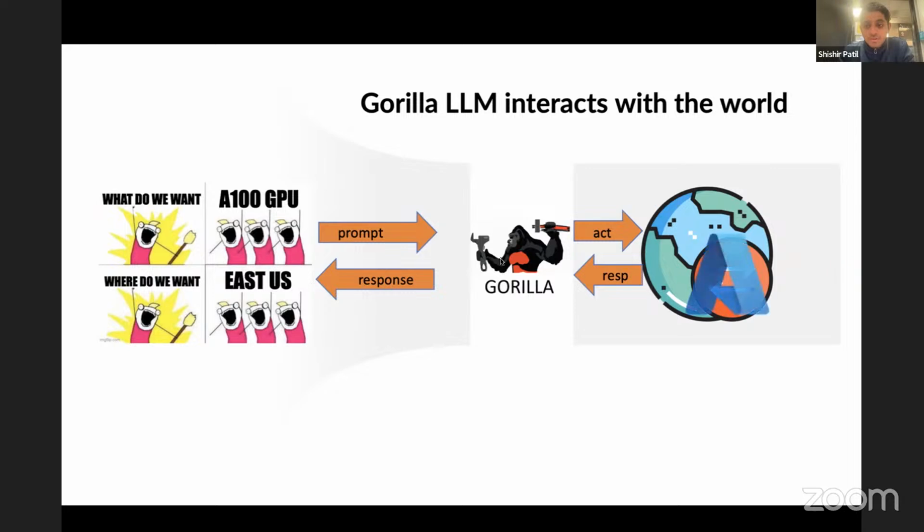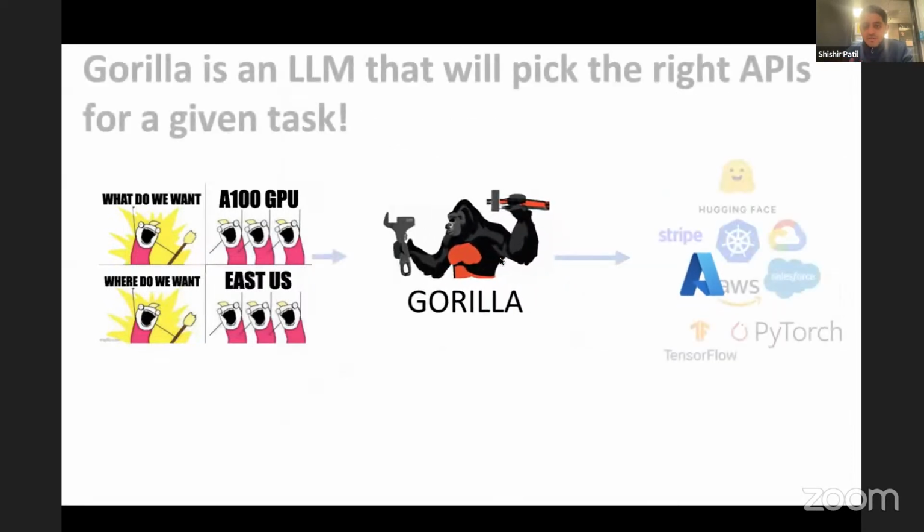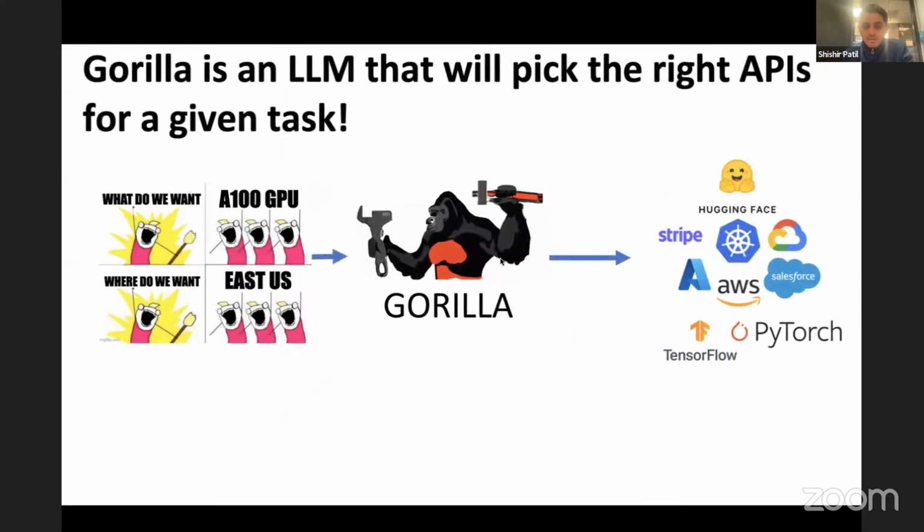So what the user is actually looking for is potentially an Azure view of the world. Once it recognizes that it's Azure that you're interested in, the LLM starts an instance that has an 800 GPU and then returns the SSH key, which is the artifact in this case, back to the user, right? So this was our idea, and since then the Gorilla project has gone on to include about 20,000 APIs actually,